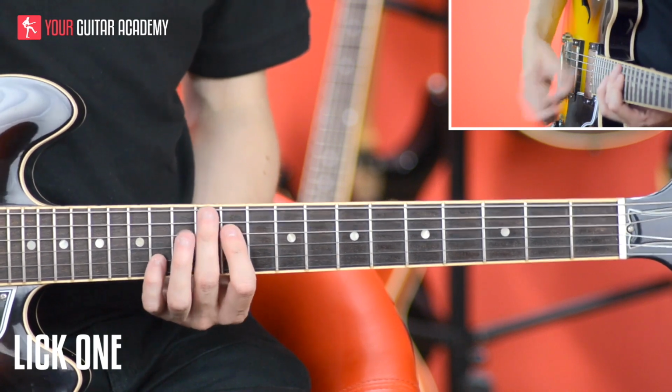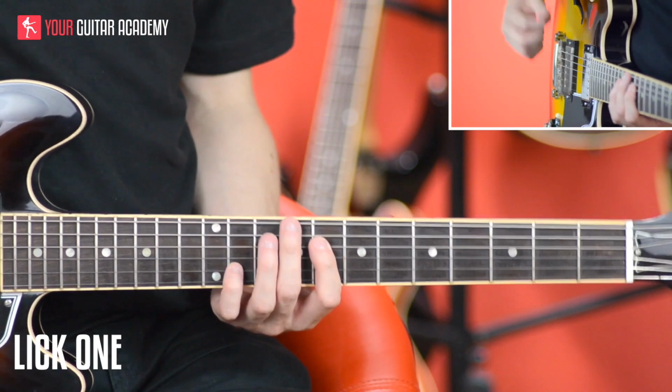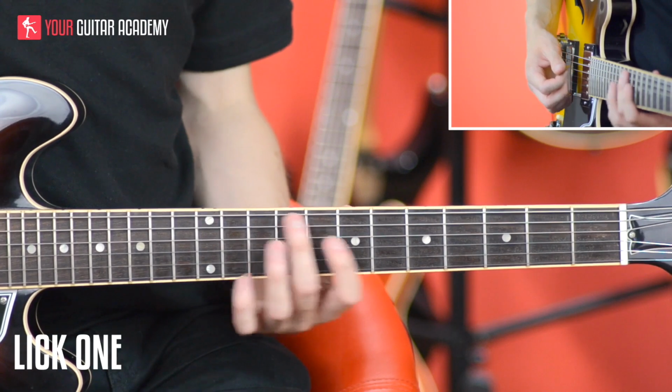Okay, so what happens there? That little semitone slide to the 10th fret, and then end up on the 8th fret of the D, and then that tiny little bit at the end. Final go, so we got,